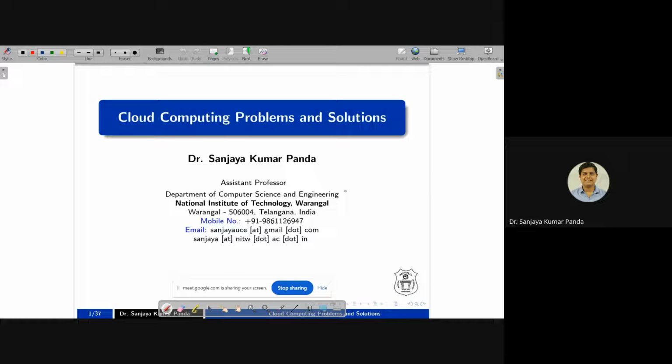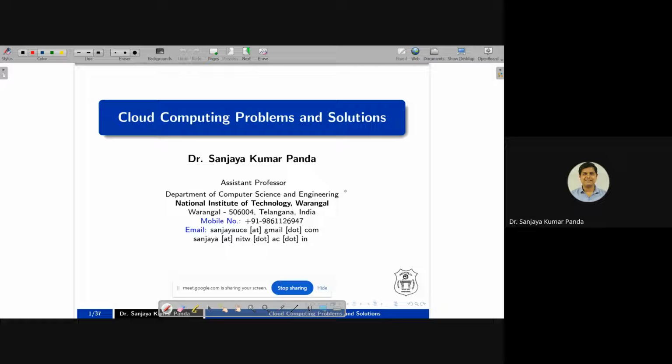So, although we have seen some hands-on related to cloud like AWS. We have seen Amazon VPC. We have seen two services of AWS, that is Amazon EC2 and Amazon S3 and Amazon VPC. And we have seen the simulators like a CloudSim based visual modeler, that is CloudAnalyst. And we have seen iFogSim. And also we have seen some theoretical concept, but although we have covered the experimentation, simulation, and theoretical concept, so